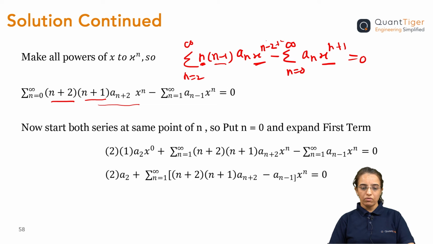जैसे मैंने उसको, I have increased that, I have made that power x raised to n, that limit also has changed here, now it became x raised to 0, before it was x raised to 2. ये n की वैल्यू I have increased from n to n+2, जैसे 2 से मैंने बढ़ाई है तो लिमिट की वैल्यू 2 से कम हो चुकी है। यहाँ पे पहले ये 2 थी, n is equal to 2, now it became n is equal to 0 starting limit। So again I am repeating, x की पावर हमने 2 से बढ़ाई है यहाँ पे inside the summation sign, so that's the reason the summation, that limit value which is base limit for n, that reduced by 2, जो पहले 2 थी यहाँ पे ये 0 आ चुकी है।